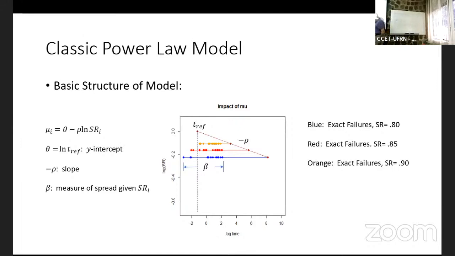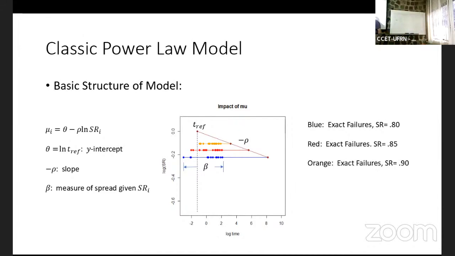At the lower stress ratio, we had a lot of items on it because it's harder to get failures. Medium, and then the high stress ratio level, and they were equally spaced. So far, so good? Okay.